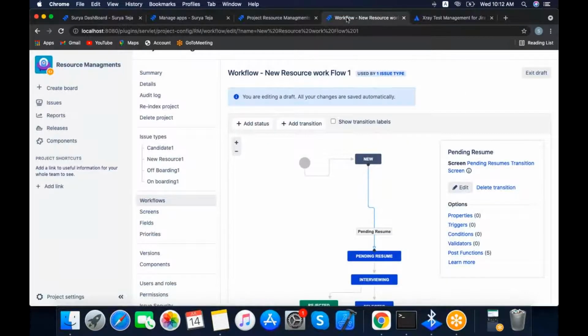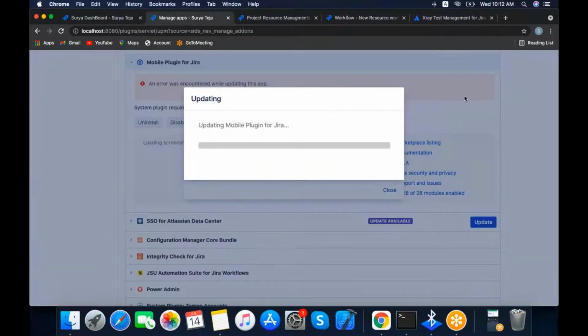This is about add-ons, manual installation, and the installation process from Marketplace. There is not much complexity in this. You just need to know the process: what add-ons are, how we can install them from Marketplace, and in the manual way from any other website. I have explained it. Once you go through this, you will get an idea.